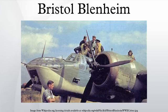Specifications. Data from British Warplanes of World War II. General characteristics: crew, 3; length, 42 feet 7 inches; wingspan, 56 feet 4 in; height, 9 feet 10 in; wing area, 469 feet squared; empty weight, 9,790 pounds; loaded weight, 14,400 pounds; power plant, 2 Bristol Mercury 15 radial engines, 920 horsepower each; propellers, 3-bladed Hamilton standard propeller. Performance: maximum speed, 266 miles per hour; cruise speed, 198 miles per hour; range, 1,460 miles; service ceiling,